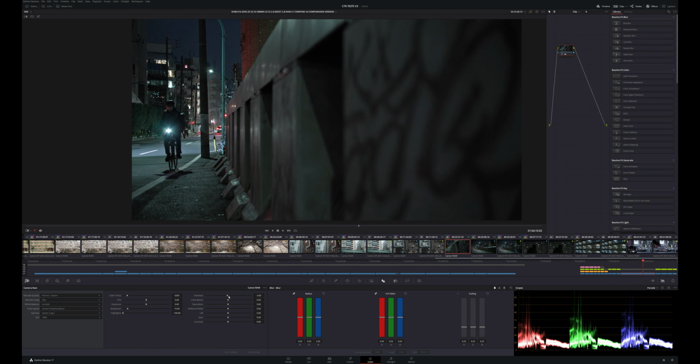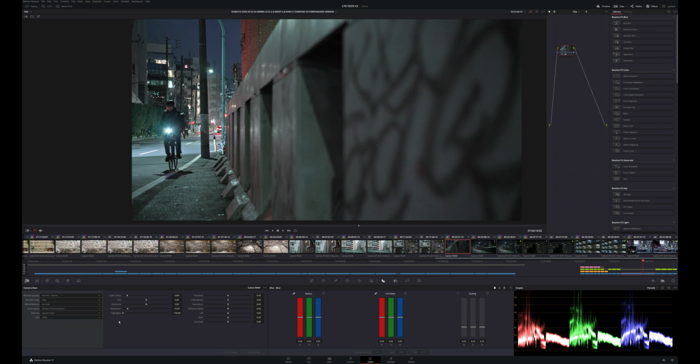Or just raise the ISO, right? So I can say, okay, let's just keep the highlights down but raise the ISO, which will flatten out the curve out. And then